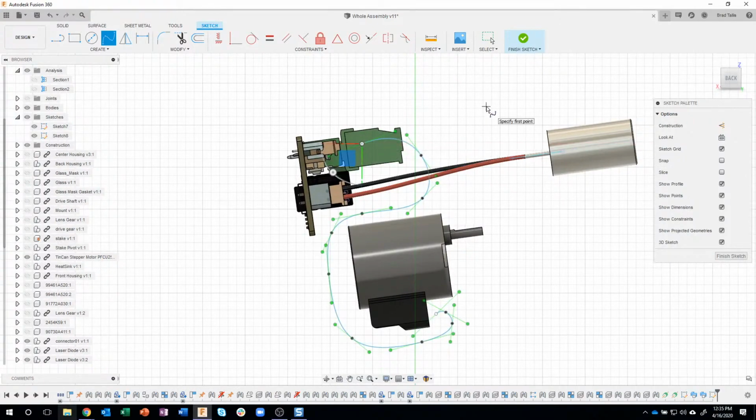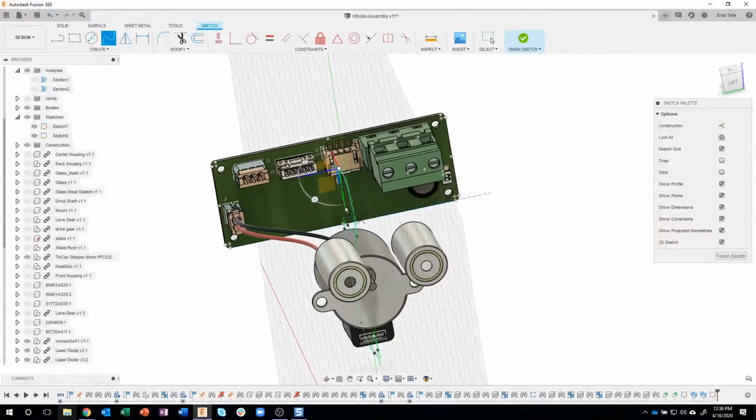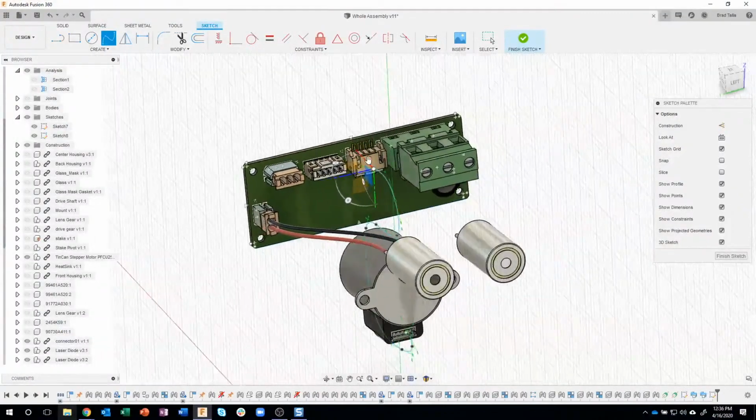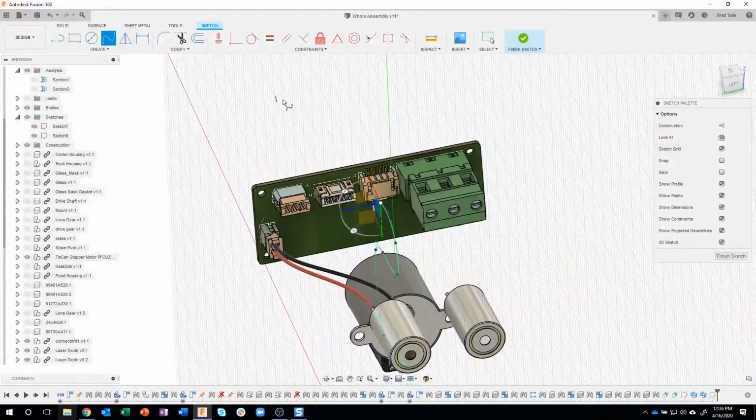But watch what happens when I say okay. It's all on one plane. I didn't really take advantage of the 3D sketch. I just drew it all on one plane. But now I can come in